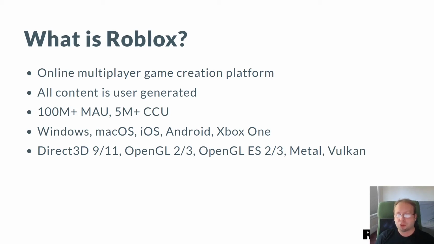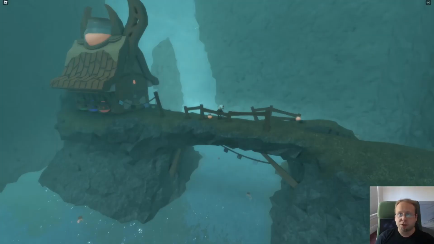We have a lot of users and we run on a lot of different platforms and use a lot of different graphics APIs. Now, for the purpose of this talk, we're going to mostly ignore the distinction between the graphics APIs because the terrain system is largely agnostic. However, it does have to cater to different devices in terms of them having varying amounts of memory or computational power.